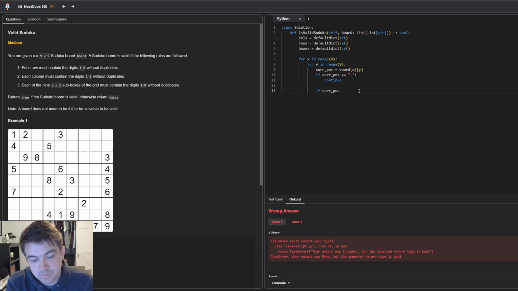If current position is in, we want to check if it's in, well, we want it to be a tuple. Oh, you know what? This actually doesn't make any sense. Yeah, never mind. Because we want to do if x, y is in equals